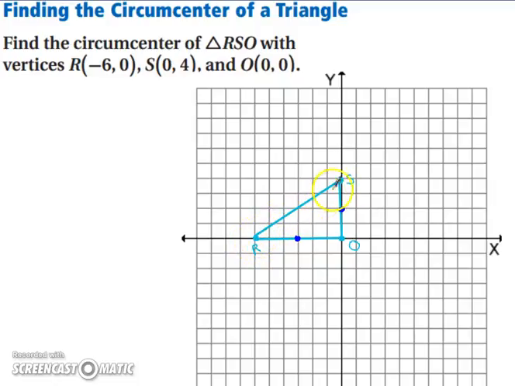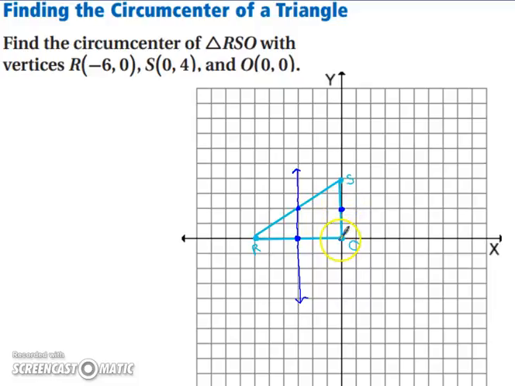So if we want, we can find the midpoint of RS. So halfway between would be -3 and then 2. So (-3, 2) would be the midpoint of that side. And now we want to run perpendicular to each of our sides. So we want to go perpendicular to RO, which is going to be a straight up and down line. And then we want to go